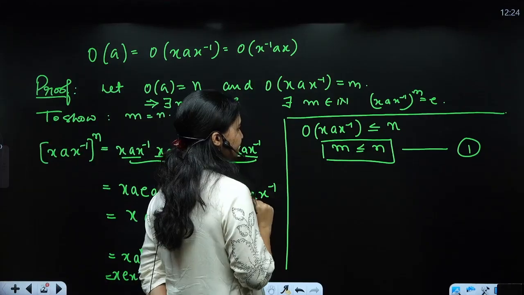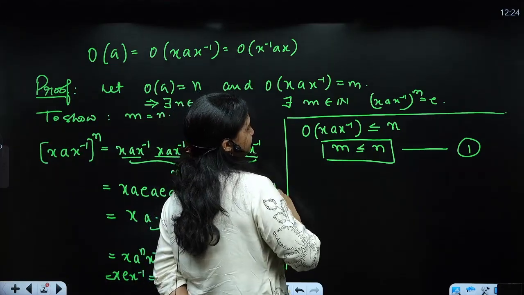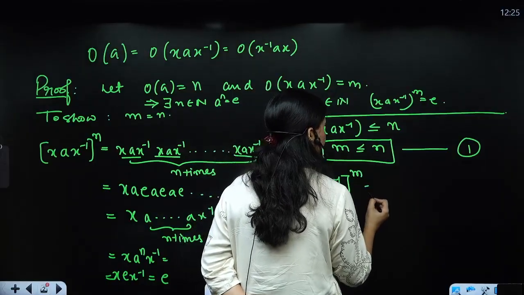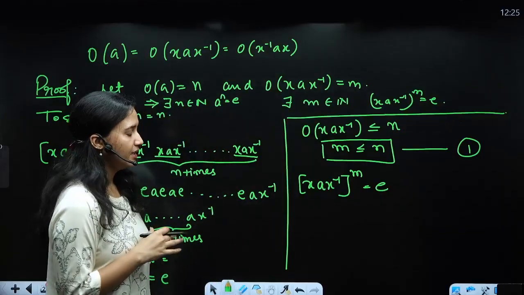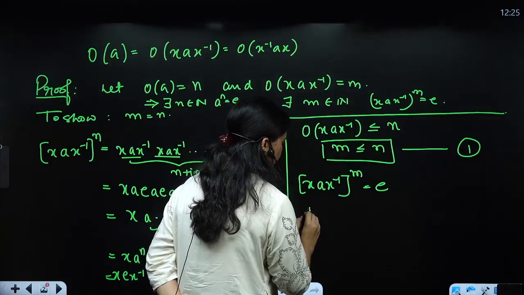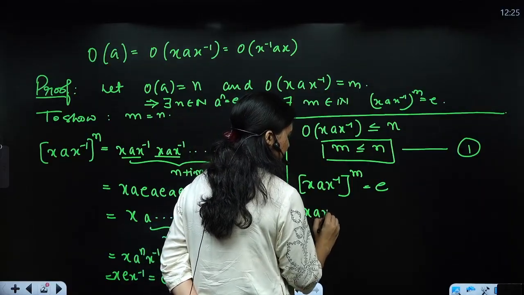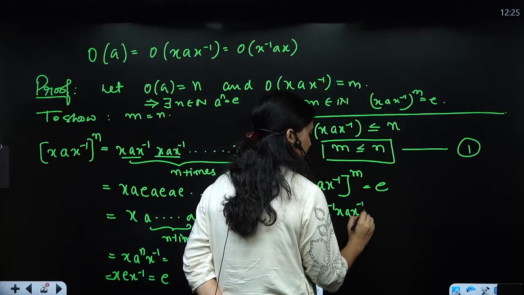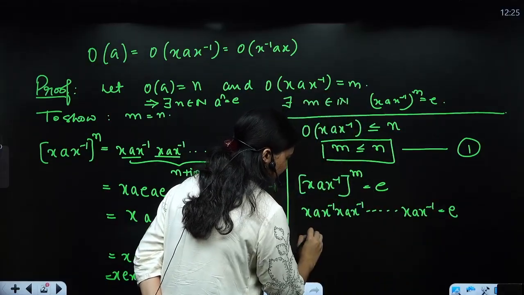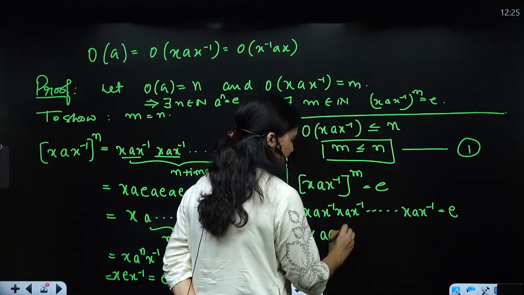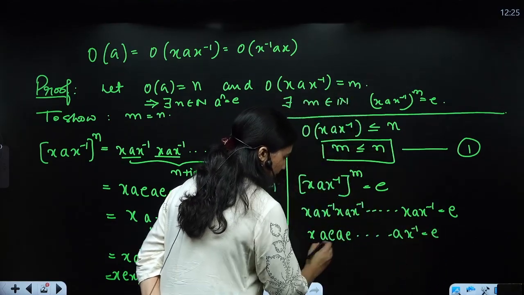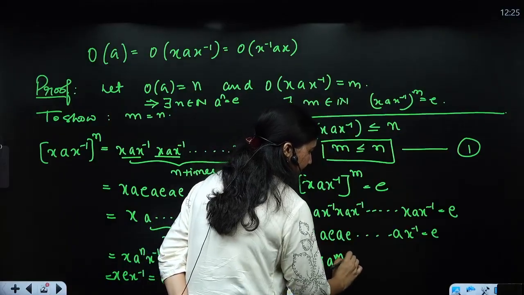So now what I'll do is I'll take xax inverse raised to the power m. This is going to be E, right? Now, again, can I write it as xax inverse, xax inverse, how many times? m times, right? So this is going to give me xa raised to the power, or proper लिख लेते हैं, a^m x inverse equals E. Now here I am going to get x a^m x inverse equals